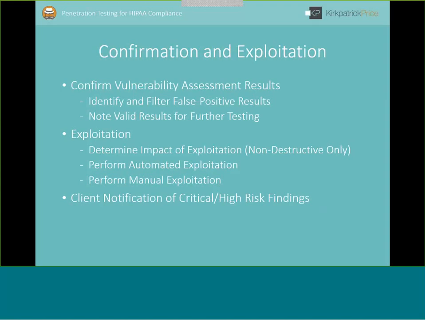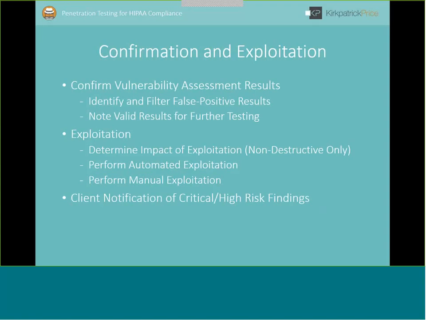So this is labeled confirmation and exploitation, but really this is where the meat of testing happens. When some people hear the word exploitation, they think purely of throwing a particular exploit at a particular vulnerability. But this is really where we start to do any non-automated testing that happens during the project. As the first point shows, we start by reviewing that vulnerability assessment report, looking for issues that may be false positives to remove those, and starting to confirm the issues that are present,